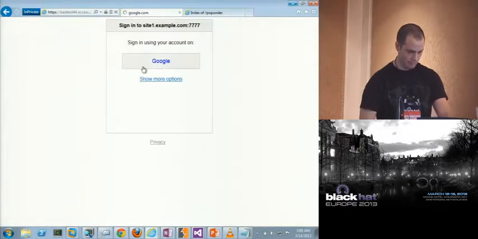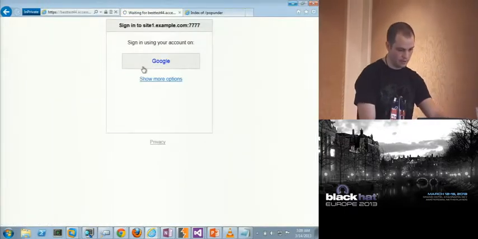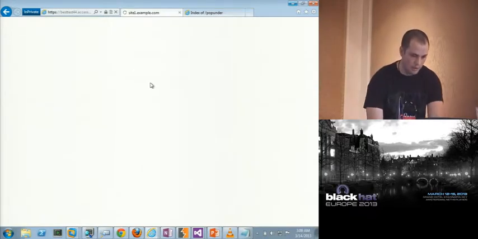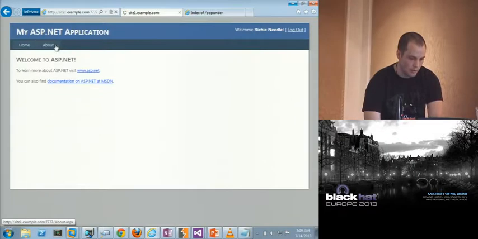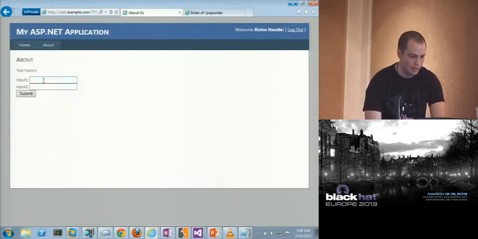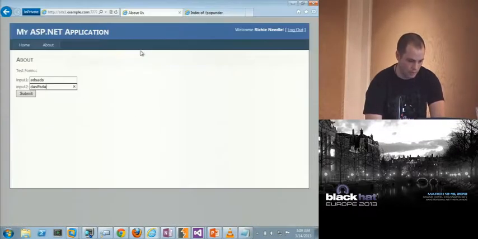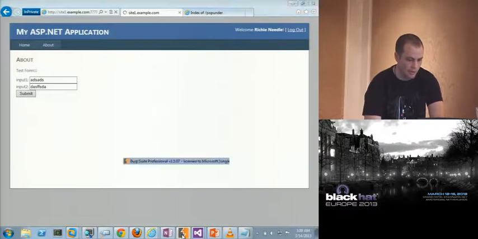So we re-sign in. If we make a post request, remember our ViewState user key is set to a unique value. Let's intercept this one. So if we make this request, we'll see some things.